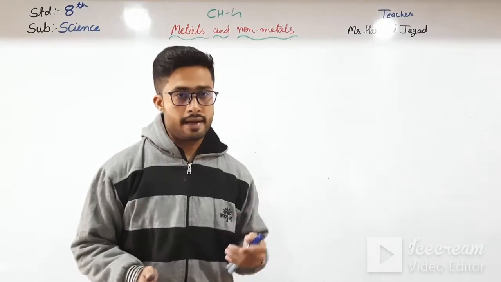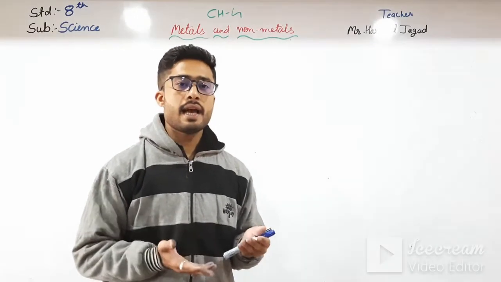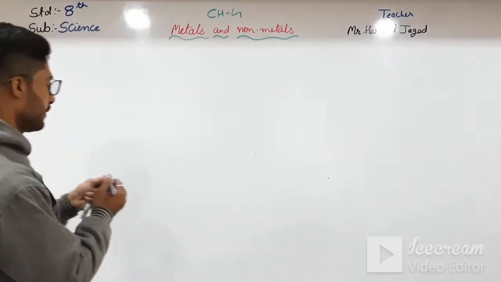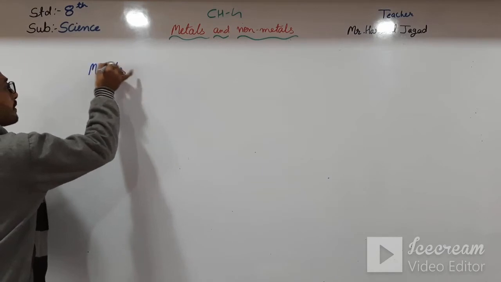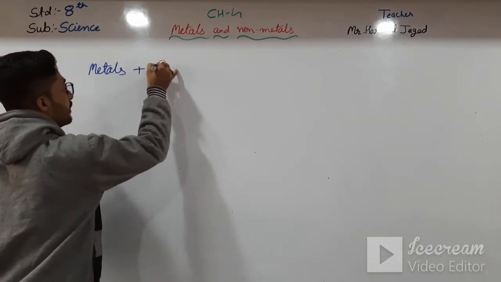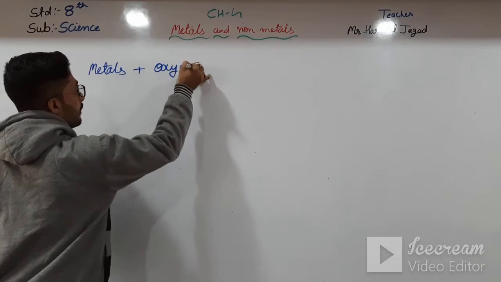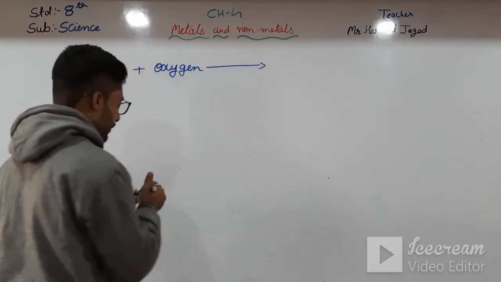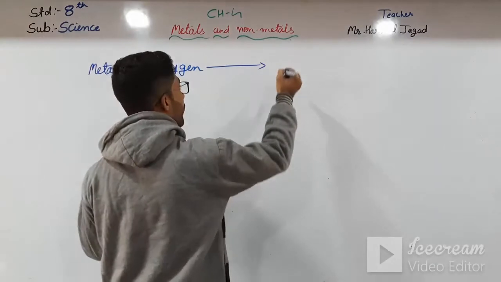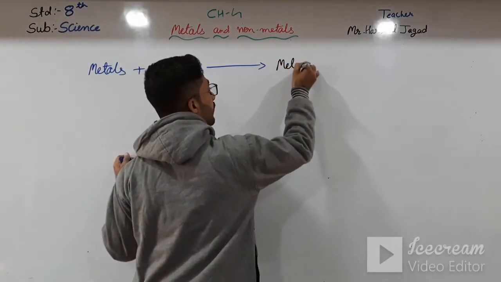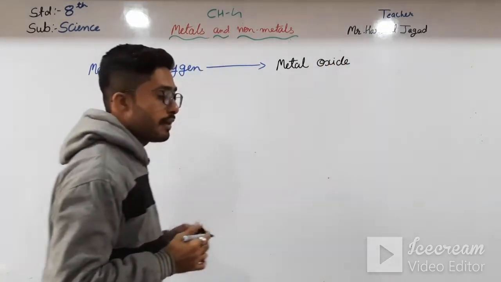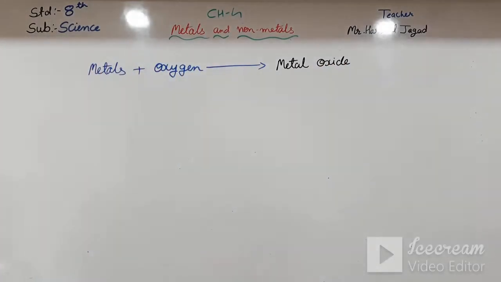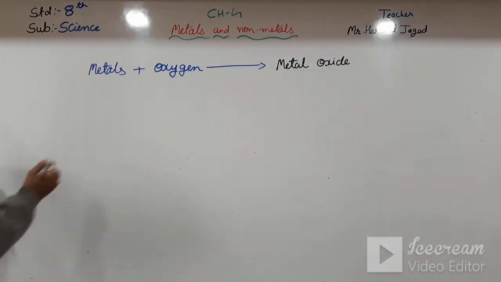In metals, when metals react with oxygen, then we get metal oxide. Okay, students, we get metal oxide, and we also saw the example of sodium plus oxygen,